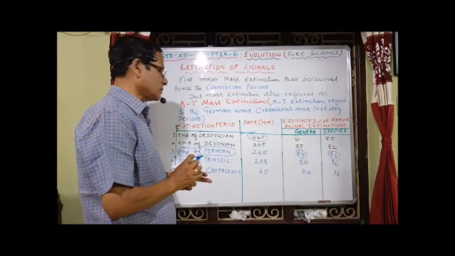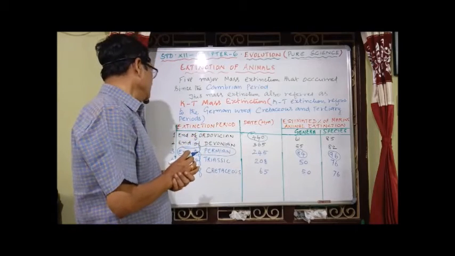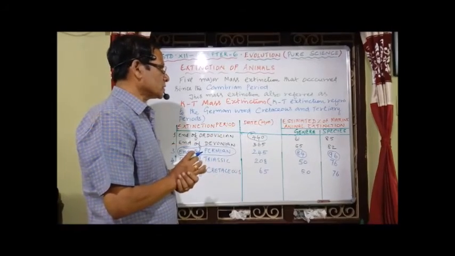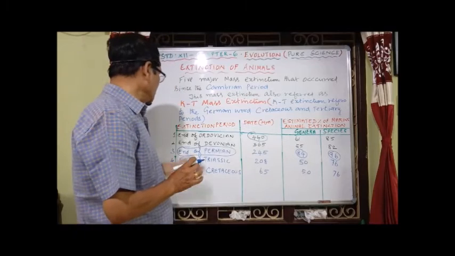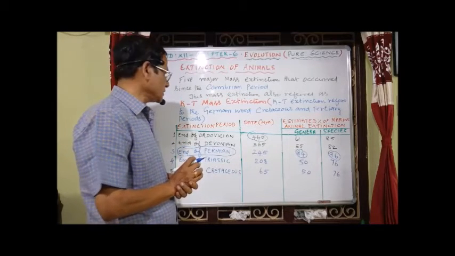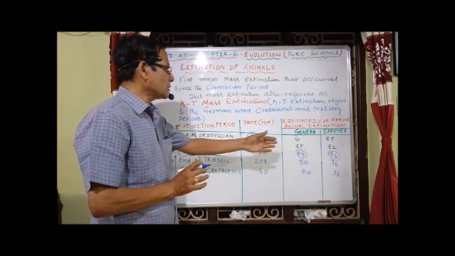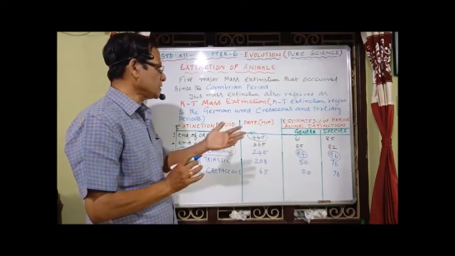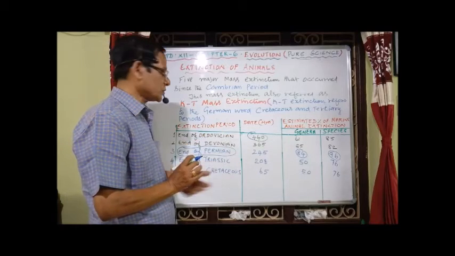So this is one answer. Major mass extinction occurred during the Permian period. At the end of the Ordovician, that is nearly 440 million years ago, 61 genera and 85 species became extinct. At the end of the Devonian, the Devonian period known for the age of fishes, 365 million years ago, there was a loss of 55 genera and 82 species. I mentioned already the Permian period is known for major mass extinction.